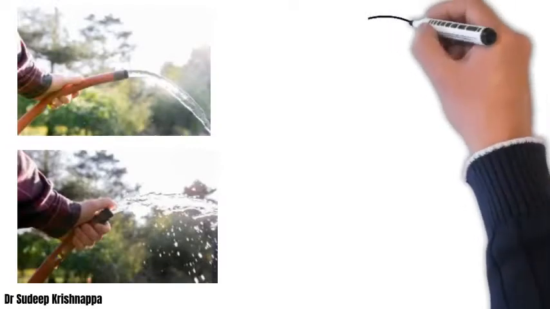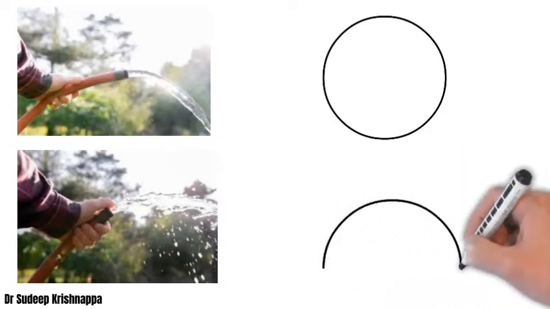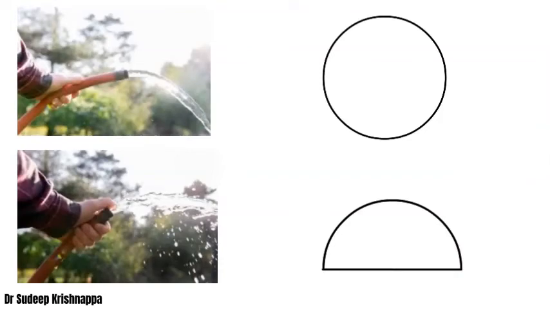So by reducing the area of the end of the pipe available for the water to flow, we're forcing the same amount of water to flow through a reduced area. This can only happen if the rate at which water flows, or the velocity of flow, increases. This makes sure that the water reaches the farthest end of the garden or generates enough pressure to wash the dirt.